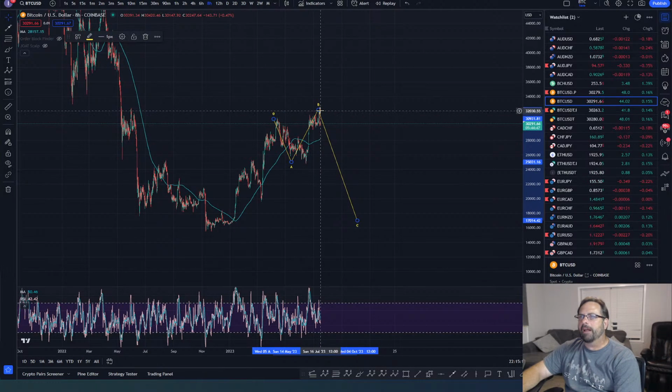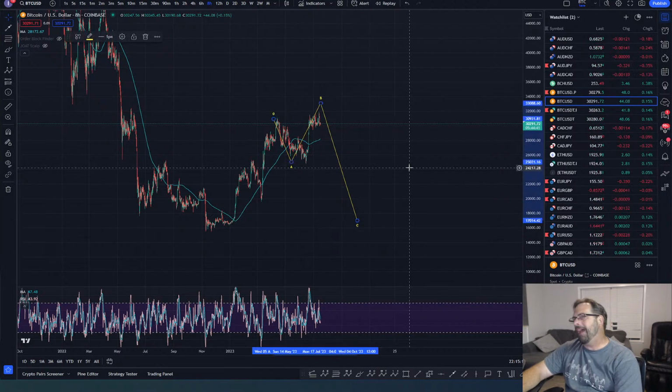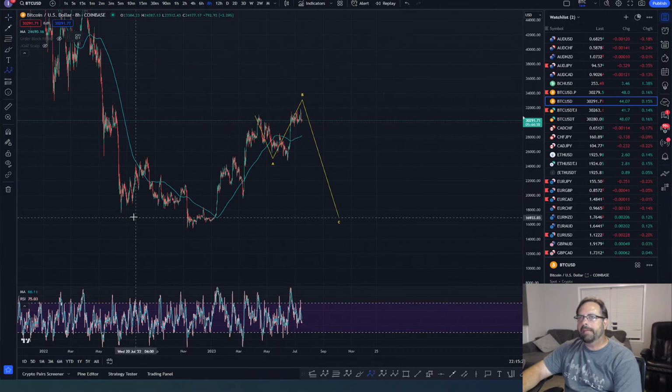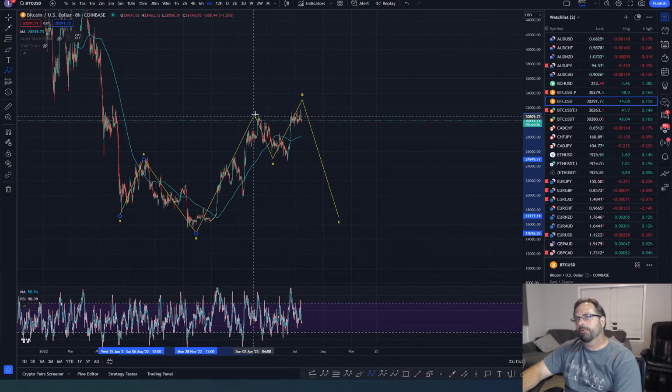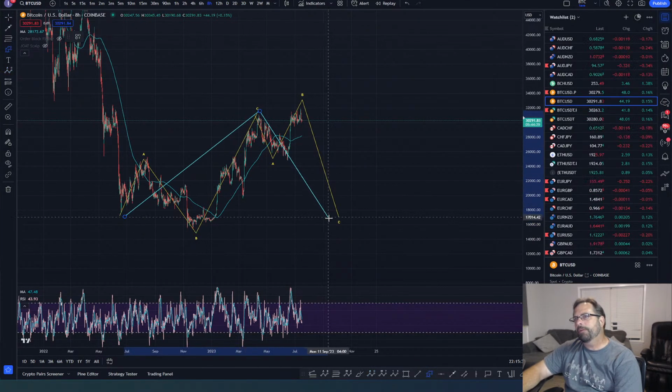But it's going to be more than likely a flat of some kind, if it comes down. So this B wave might be finished. It might not. It might have one more hit to the high and then down for this idea to play out. I don't know. But what would it be in the grand scheme of things? Boom, boom, boom. There's your A wave. There's your B wave. Looking for a C wave. So looking for a larger move like this. That's what it would be.